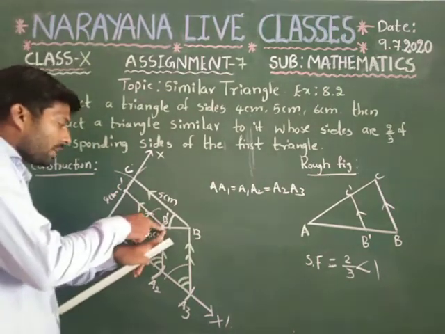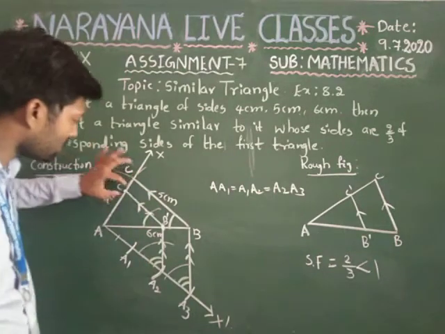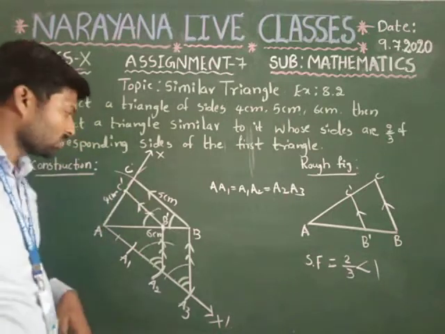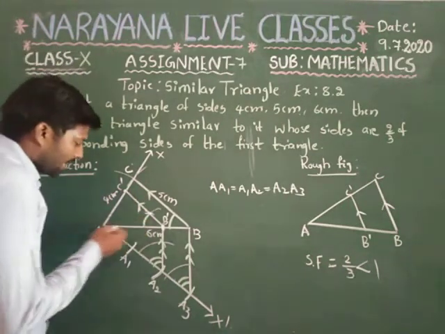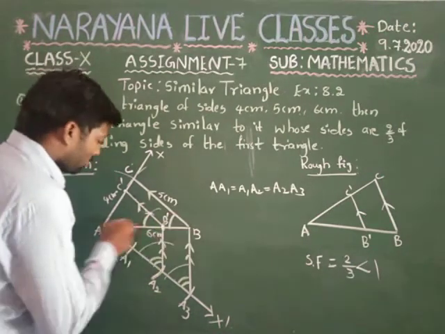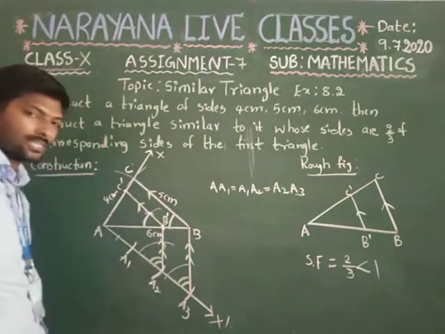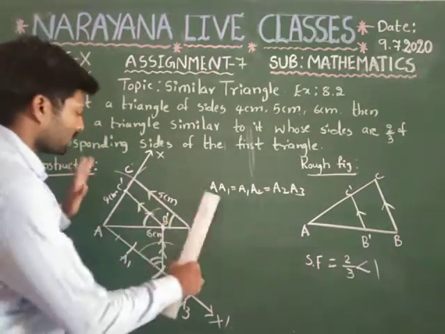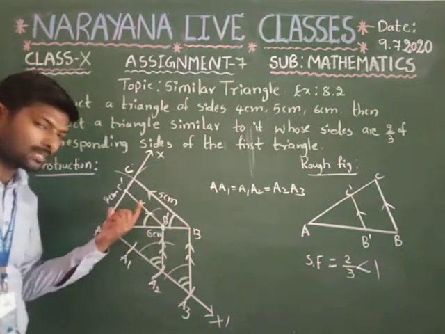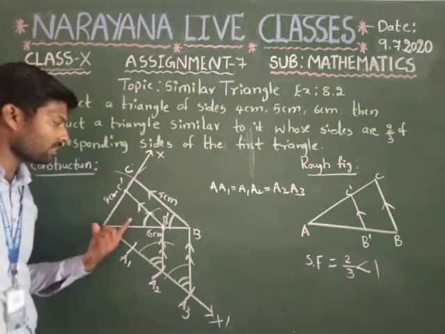Again, you have to draw a line parallel to BC from B dash. This line will intersect AC at one point, that should be taken as C dash. So if you take this one, angle AB dash C dash is a corresponding angle with respect to angle ABC. These two are corresponding angles and these two are corresponding angles, and they are equal. So likewise we have constructed a triangle similar to triangle ABC. What is the similar triangle for triangle ABC? That is A B dash C dash. Likewise we can construct.